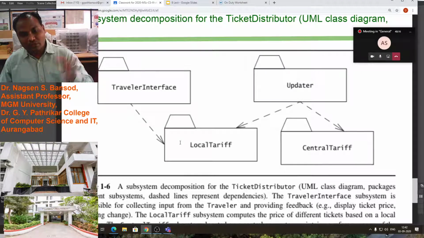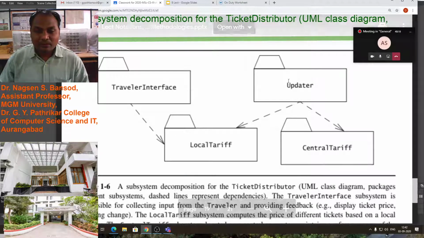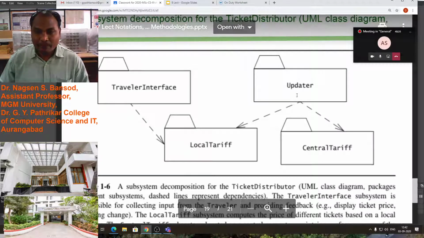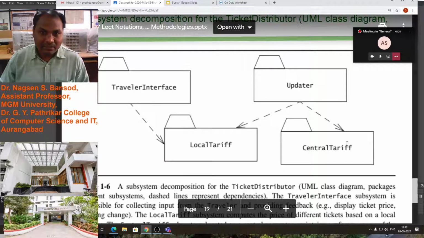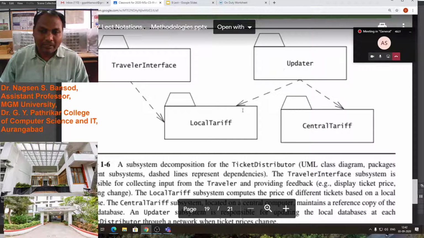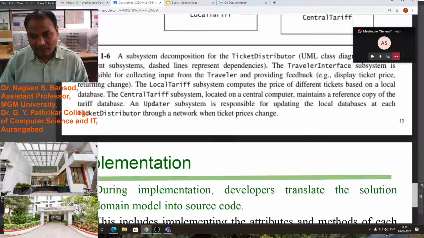Then the price of the ticket will be changed. This updater will send the record to the central tariff database, and accordingly it will update and send back to the local tariff and traveler.